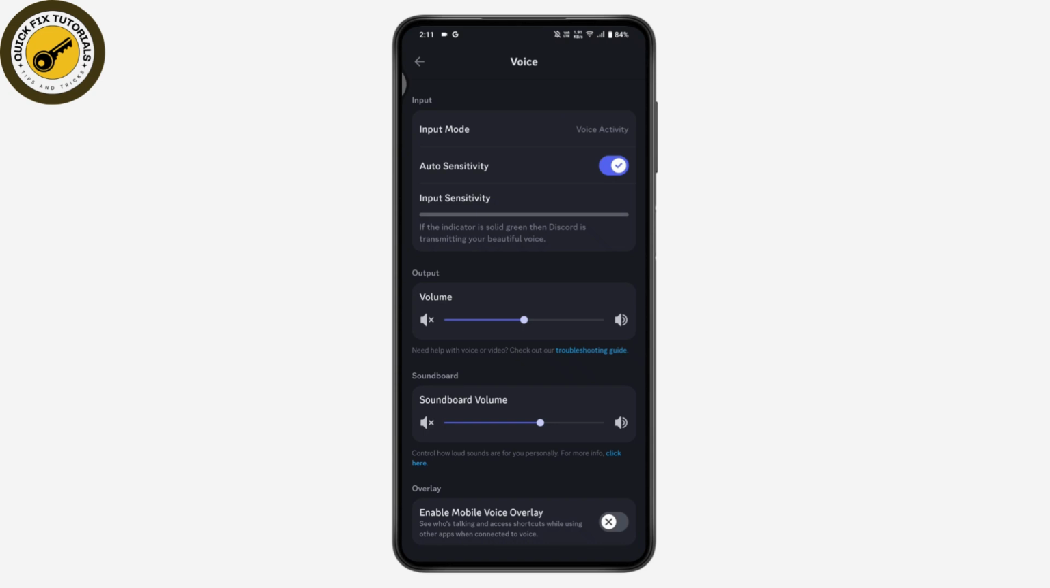So under the input device, you need to choose the option which is Voicemod, and under the output option, you need to select the option which is headset. Now your voice will be filtered through your Voicemod,